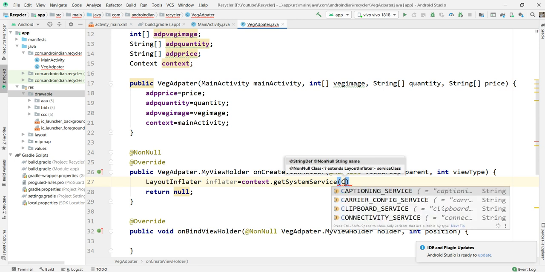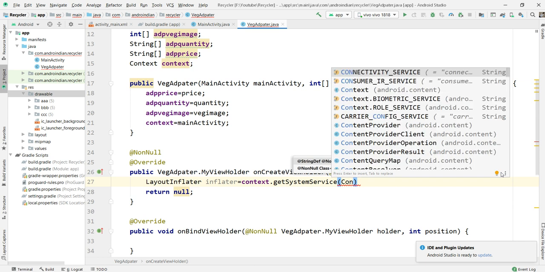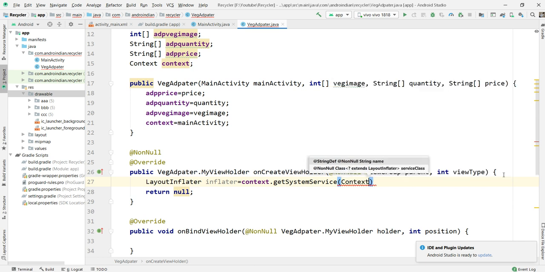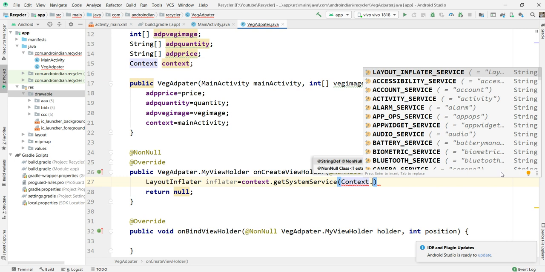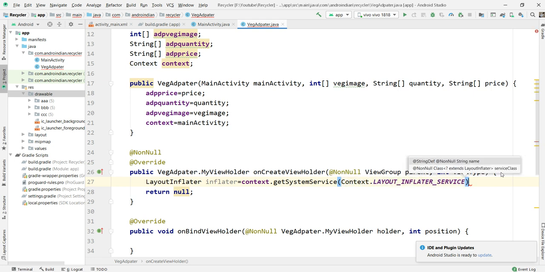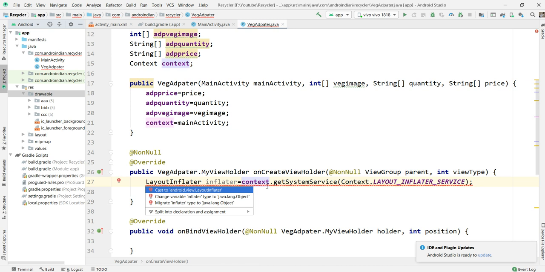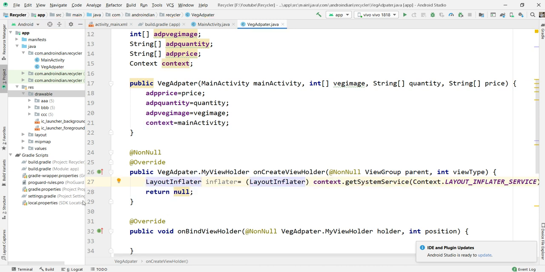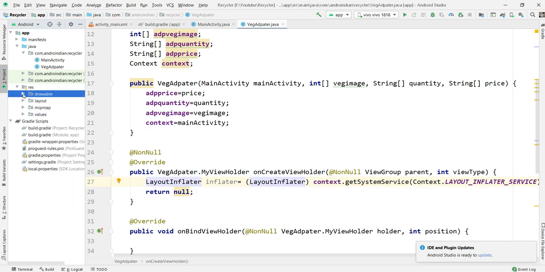So context dot this, we are using the layout inflater service, and it also expects typecasting, so typecasting is also added.